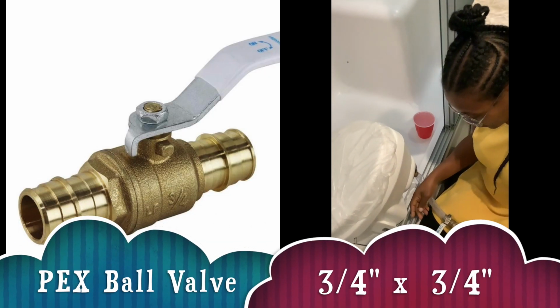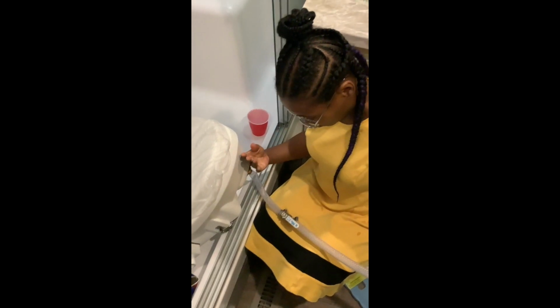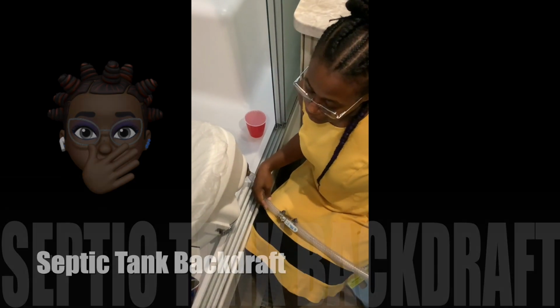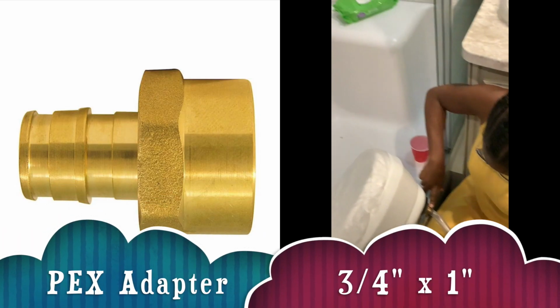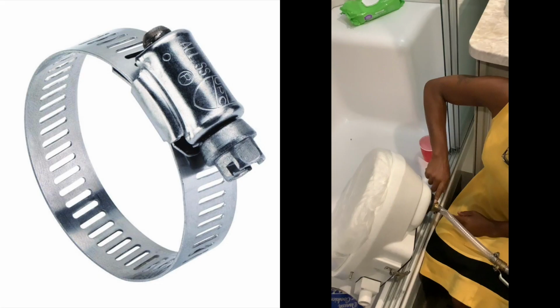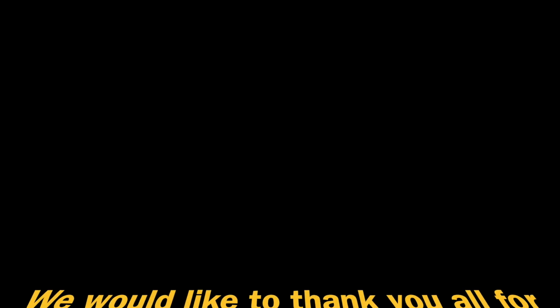And from the hose, we have a brass ball valve. So we did that so the smell from the number ones won't come back up the pipe. And it shouldn't come back up, but just to be sure. Then our ball valve goes up to a brass 1 inch taper, I think this is the 1 inch, and then 3/8 tubing. Now the reason why we have this piece of